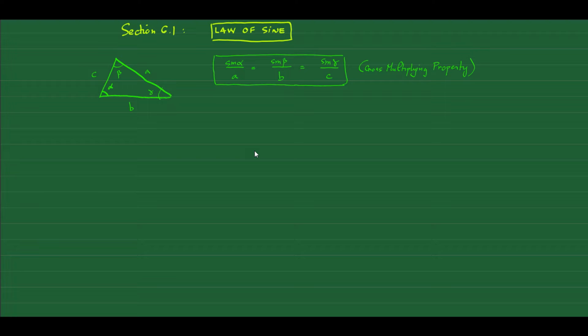So I'm going to categorize into two different cases, and each case has different information. And it helps you to determine whether or not you can use the law of sines directly. Okay. So on the first case,